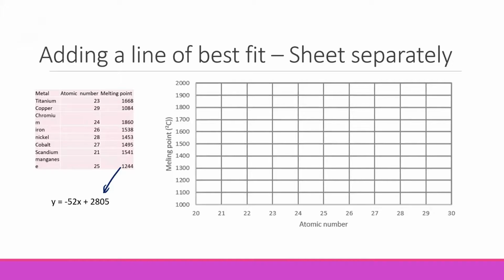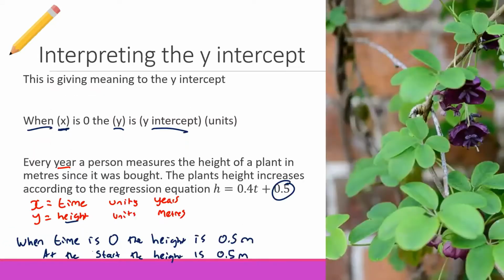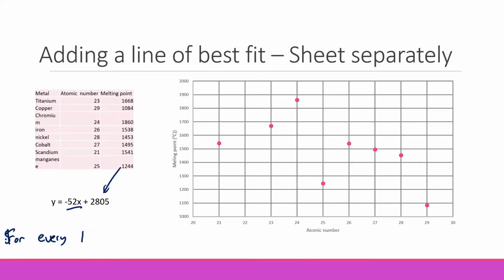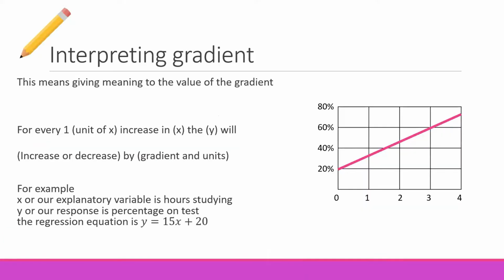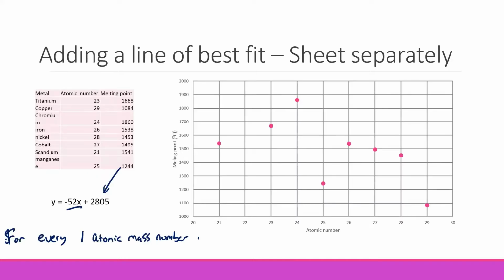If I wanted to interpret it, let's start with interpreting the gradient. You don't have to copy this down, ladies and gents. I just thought I would show you another example. For every one, what is the unit of x in this case? Well, we're talking about atomic mass number. For every one atomic mass number increase in x, which is atomic mass number,